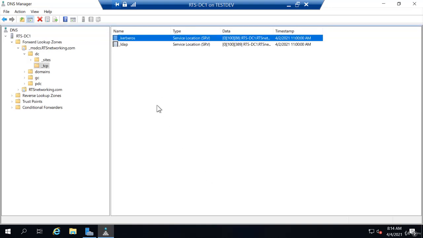Besides Kerberos, there is an LDAP record, Lightweight Directory Access Protocol, that should always be present. Now, we don't do anything with these records. We don't create these records. We don't modify these records. But just as a way to verify that all the records that DNS needed were created, you're mainly making sure